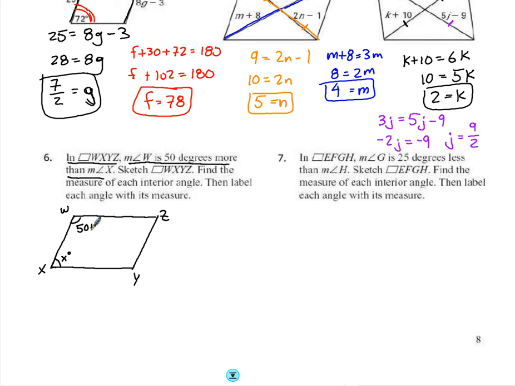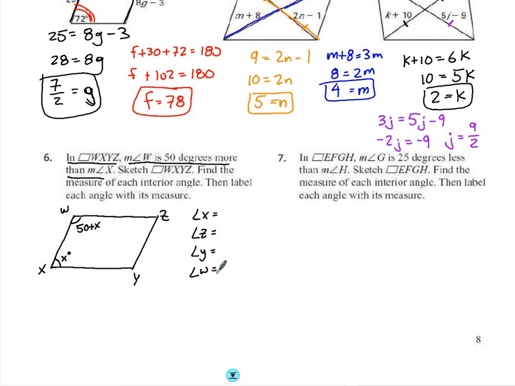They want us to find each interior angle. They want us to find the measure of angle X, obviously, the measure of angle Z, which are going to be the same, the measure of angle Y, and the measure of angle W. So the first thing I need to do is, based off the 2 angles that I know of with respect